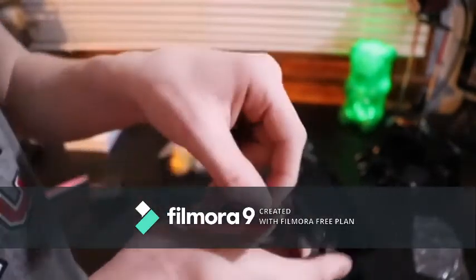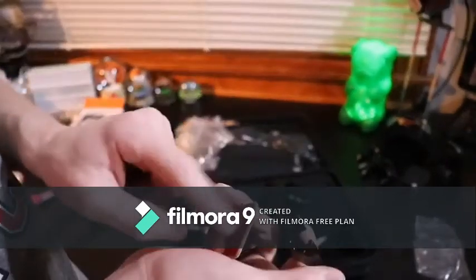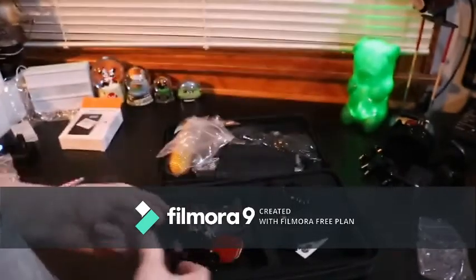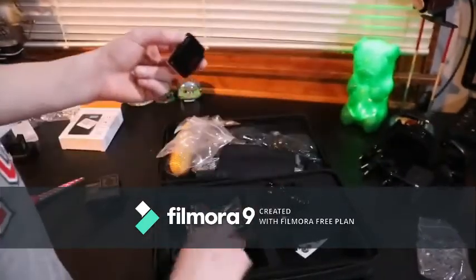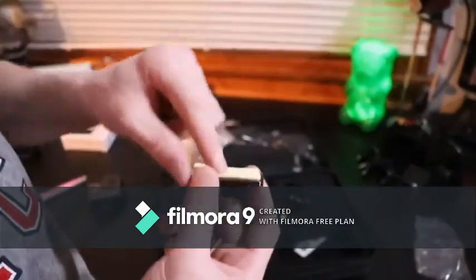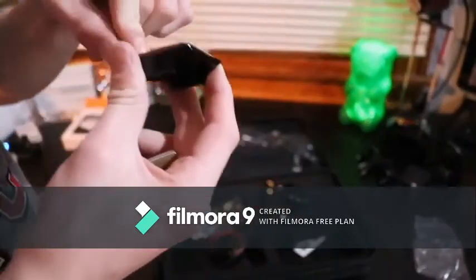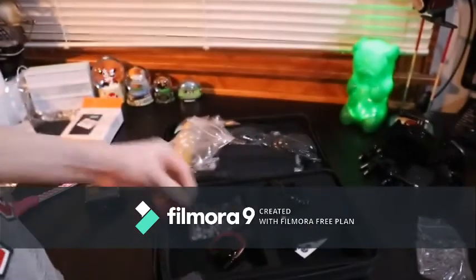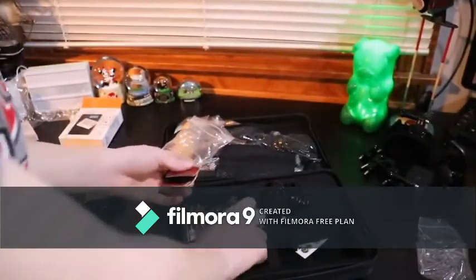So this red comes off, it peels right off. The red goes on the bottom of this mount, or any of these. There's this kind, and then there's a circular kind. And then the yellow sticks to whatever else. That yellow also peels, and it sticks to whatever you want to put it on. A longboard, a skateboard, honestly, whatever. There's many different uses for